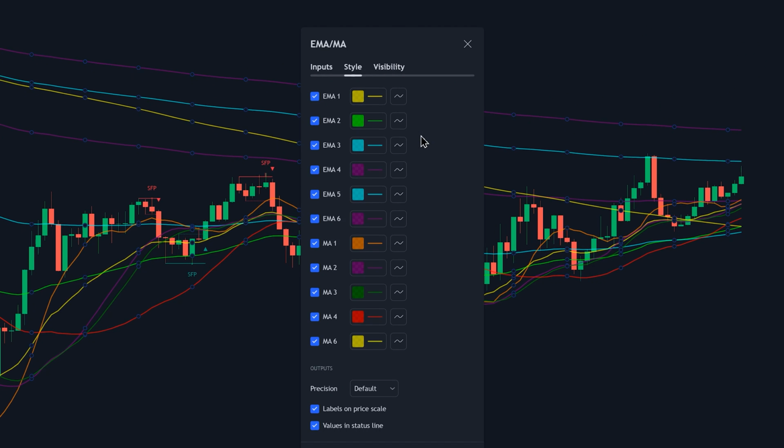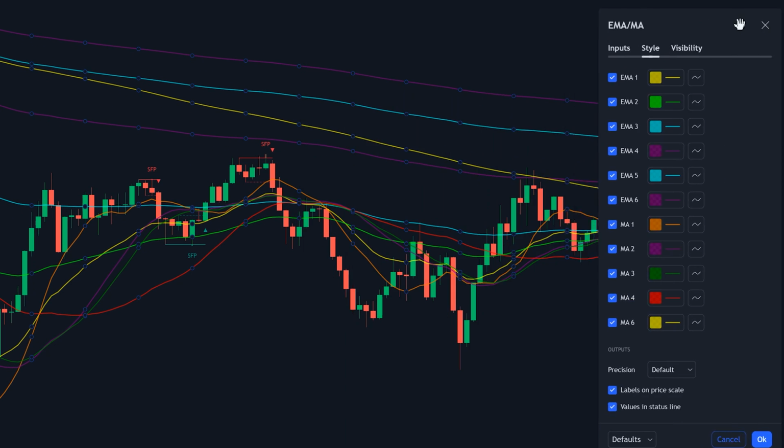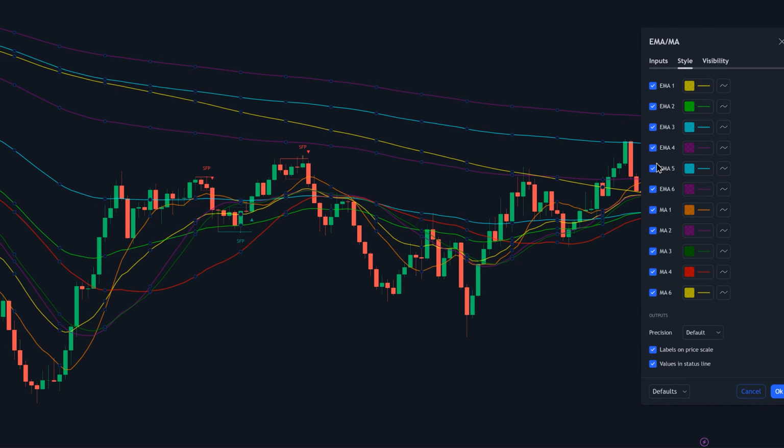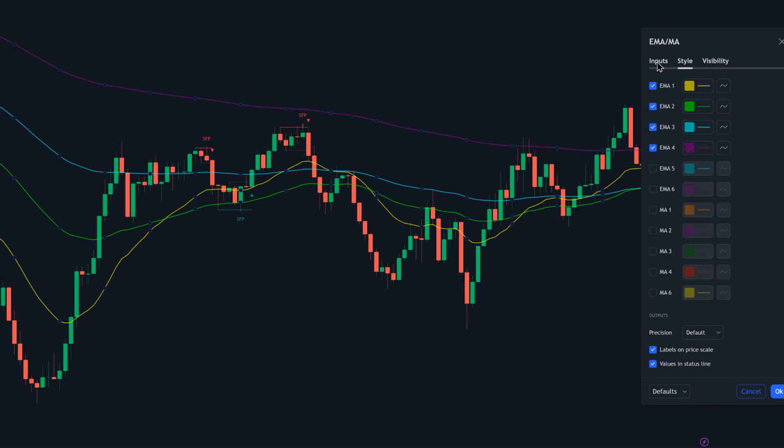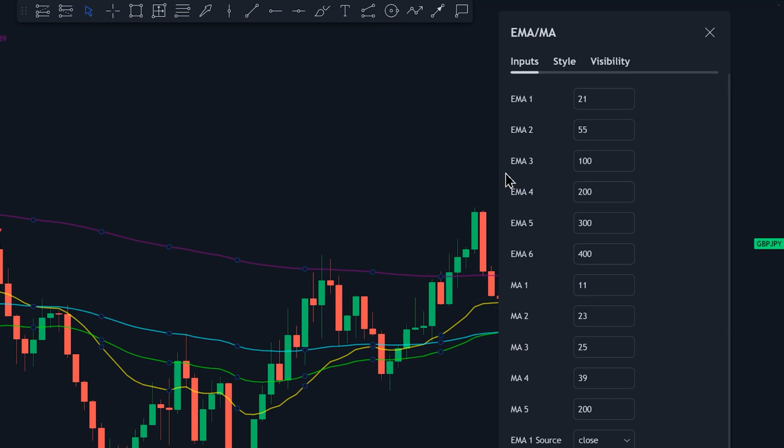So we just want to keep the first 4 EMAs, which means we want to disable all this, basically from EMA 5 all the way to the bottom. And then on the Inputs tab, we want to change the length of these 4 EMAs. The first one should have a length of 8, followed by 13 for EMA 2, 21 for EMA 3, and